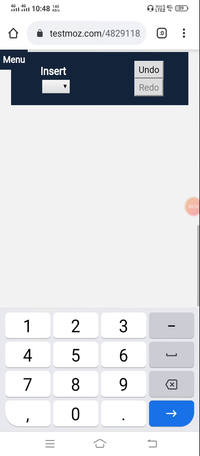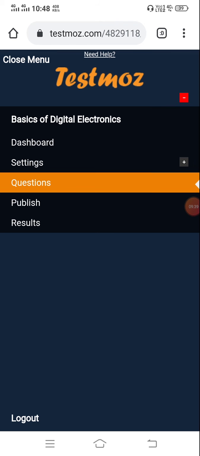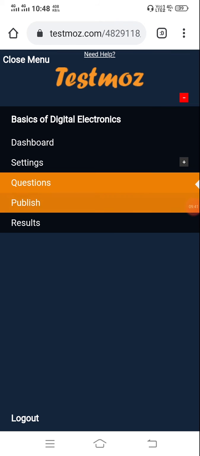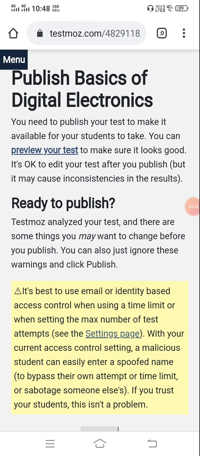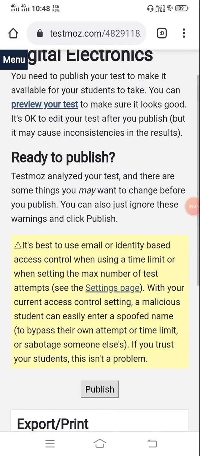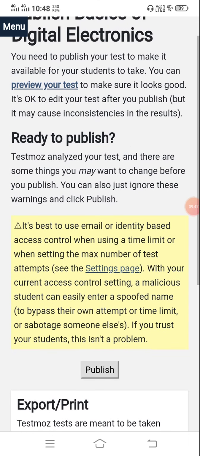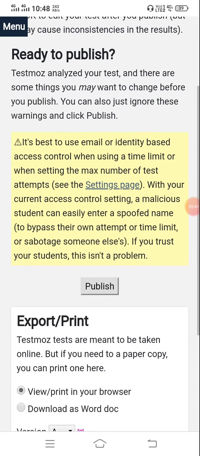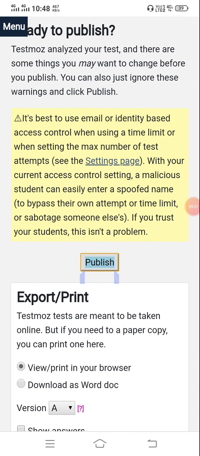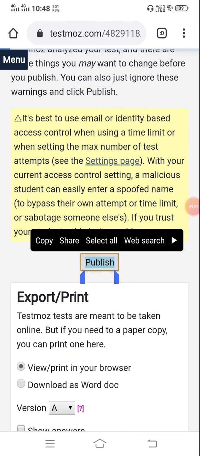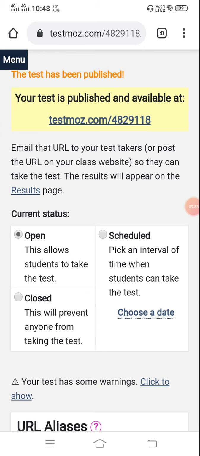The test is completed. After the test is completed, you go to menu, publish. Go to publish and you click on publish. Next, the test has been published.